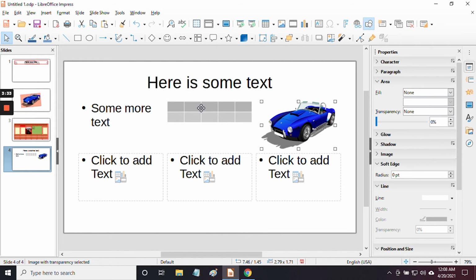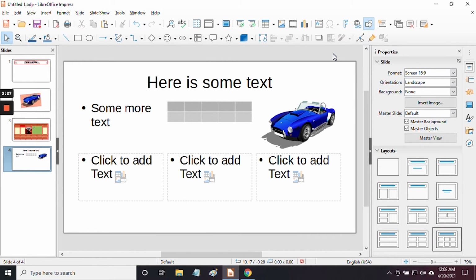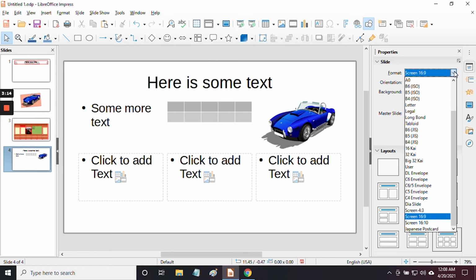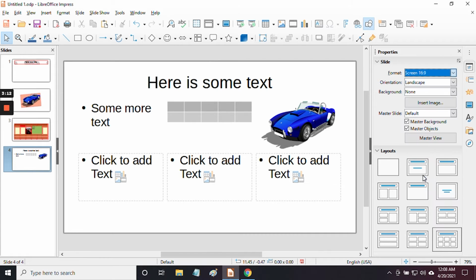So if we make sure nothing is selected, so click outside of the slide here, that'll bring the slide properties back up in the right side panel over here. And I'm going to have a look at some of these options. The first one is format. It starts at screen 16 by 9, but you can change it to anything you like for a different size